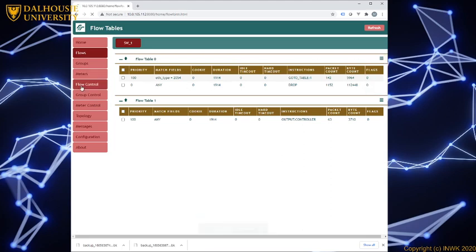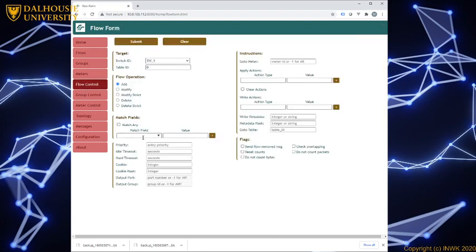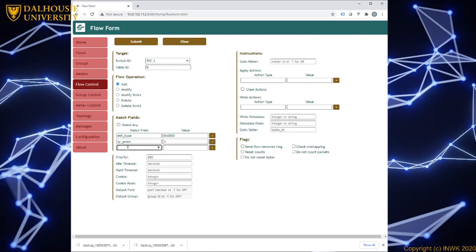Then go to the flow control and add the matching fields: ether type 0x0800, IP protocol, number 1, priority 200. Actually, I'm missing one field here, which is the IP version 4